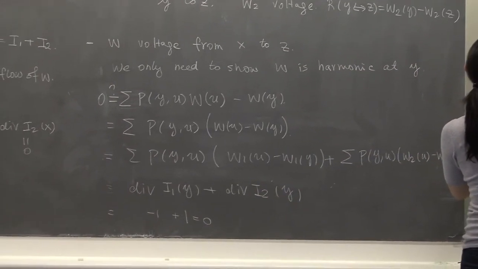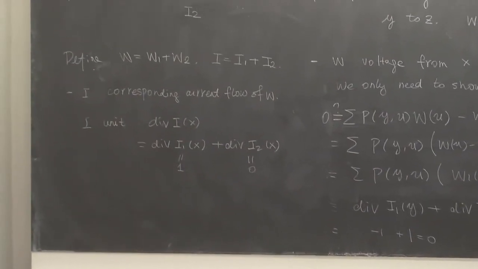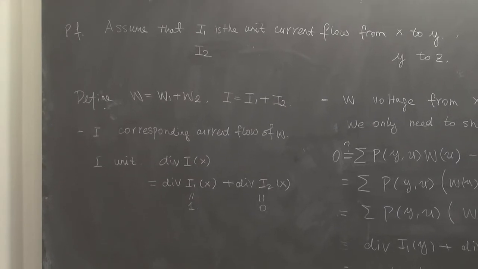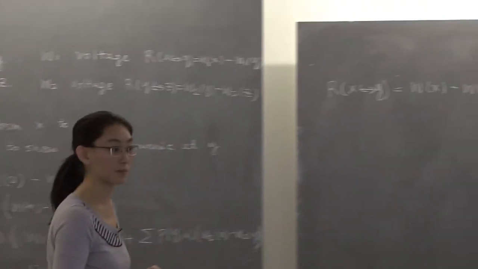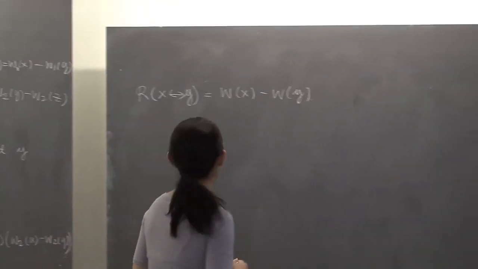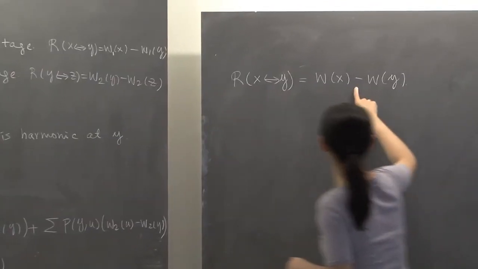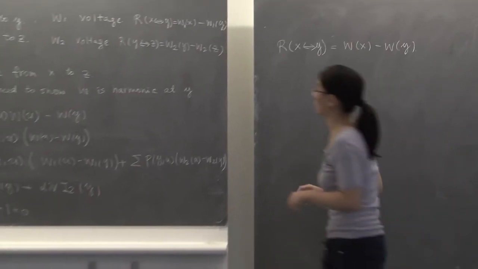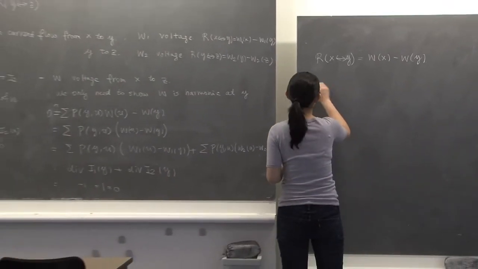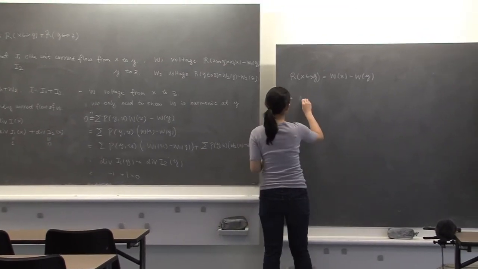And then we can conclude that the effective resistance from x to y is exactly Wx minus Wy. So now we know that this is the right-hand side, this is the left-hand side. We only need to show that the left-hand side is less than the right-hand side. So plug in, because W is W1 plus W2, what we have is